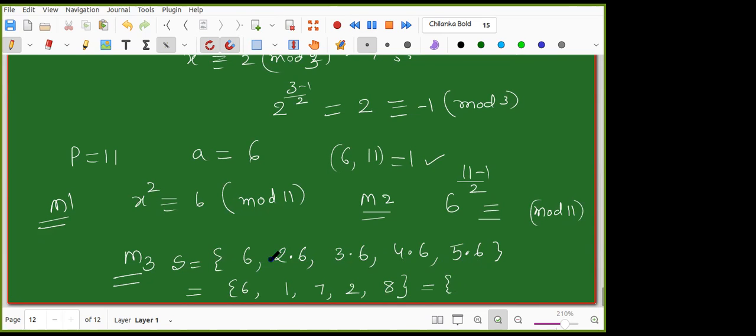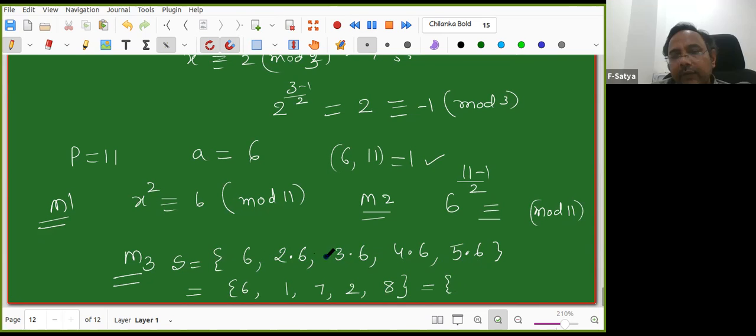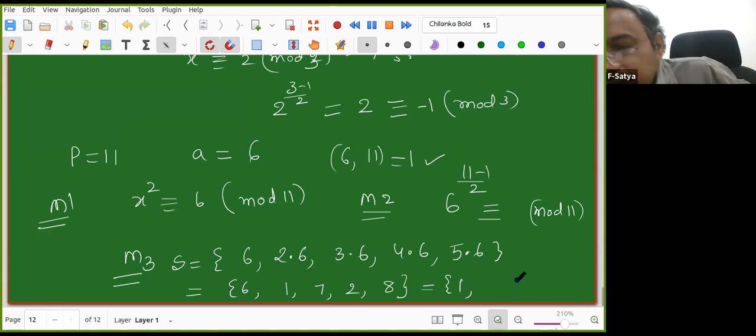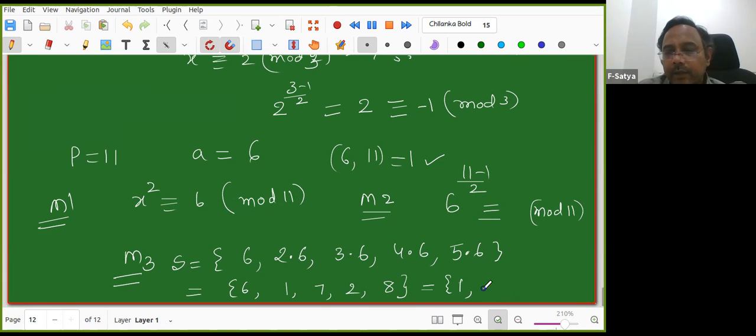Yes, sir. We can prove that if two of them give the same remainder, then subtract, and you can check it easily. So 11 cannot divide any difference of any two of these. So all of them will give different remainders. That we did earlier, and you can check also. If I keep proving everything, then you will get bored. Right. So 1, 2, 6, 7, 8.